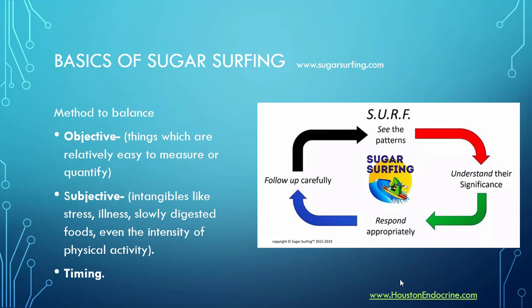So the basics of this dynamic method of treating sugars, which we're going to call sugar surfing from here forward, is basically to identify patterns, then understand if this is significant to the patient, and that's a subjective thing, and then how to respond properly and how to follow up on this. So I'm going to briefly go over some of these concepts, but not in exhaustive detail, because this is not a recipe, but more of a process that needs to be followed over time to understand your CGM,